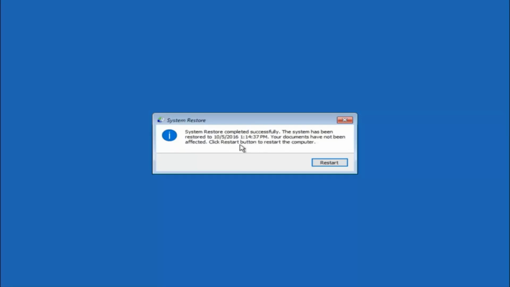These documents have not been affected. Click the restart button to restart your computer. So let the computer restart. If for some reason you are not able to boot into Windows 10 normally, I have another alternative method,